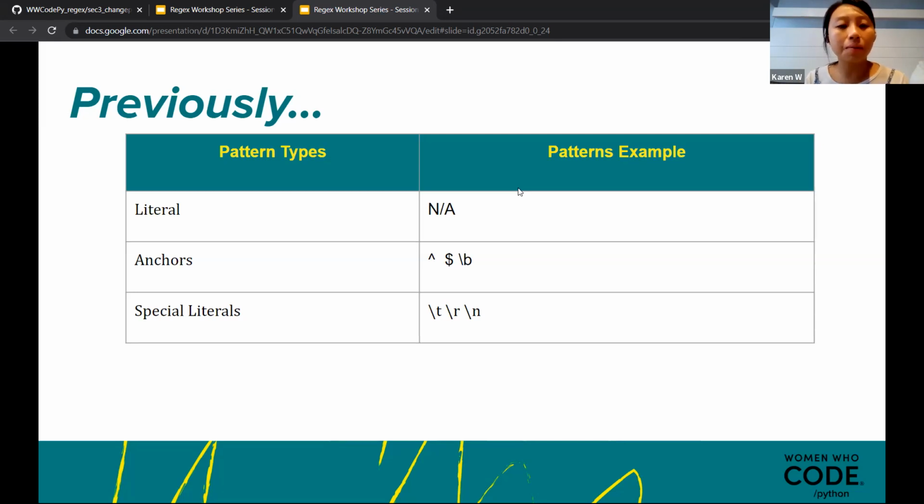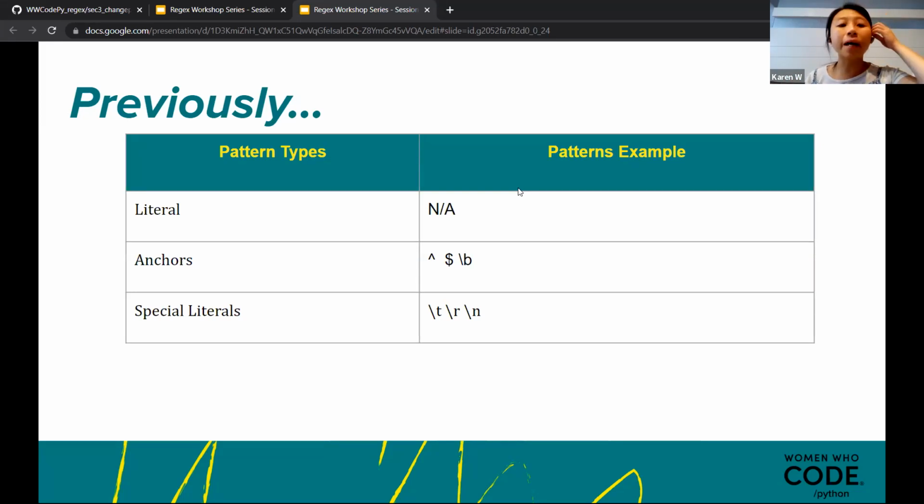We have a couple of pattern types. First, literal, which is the exact word. For example, in the previous session we used cookie a lot because I love cookie. COOKIE is the literal word, so it doesn't have any symbol. You just type it as it is, like when you do a Control F on a website and find the exact word. Straightforward.